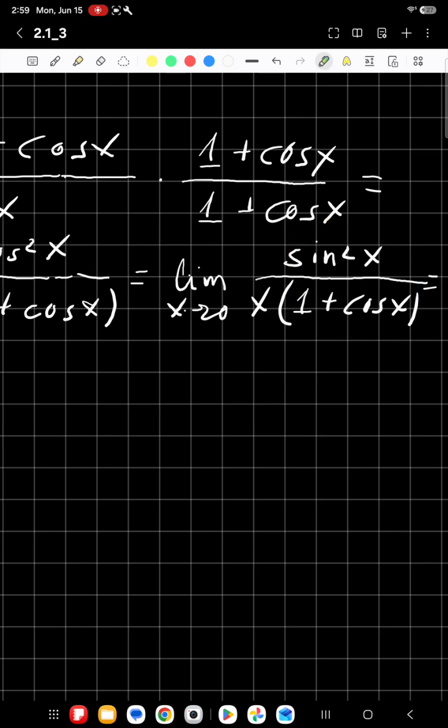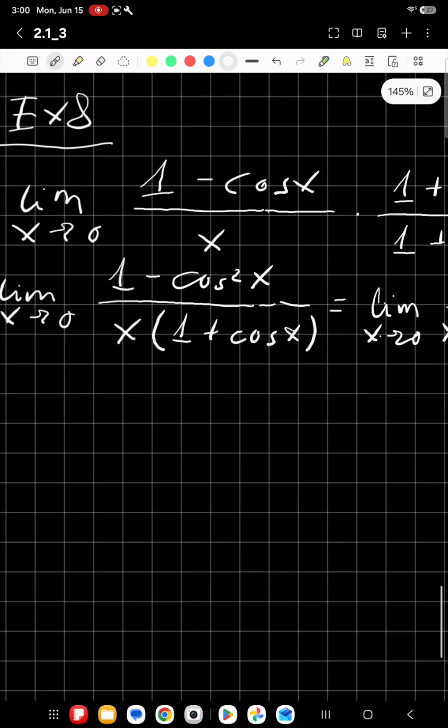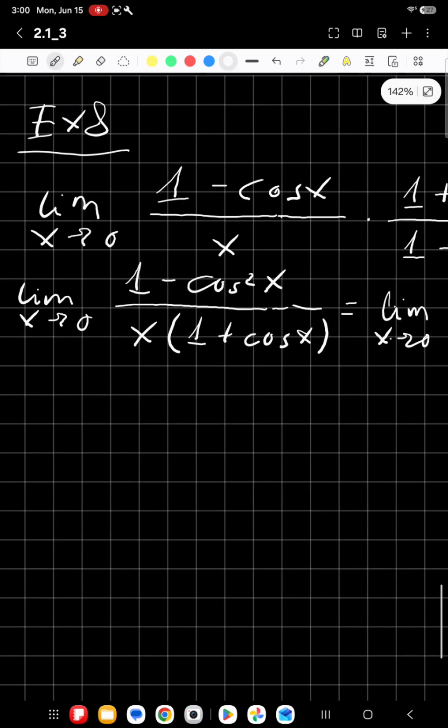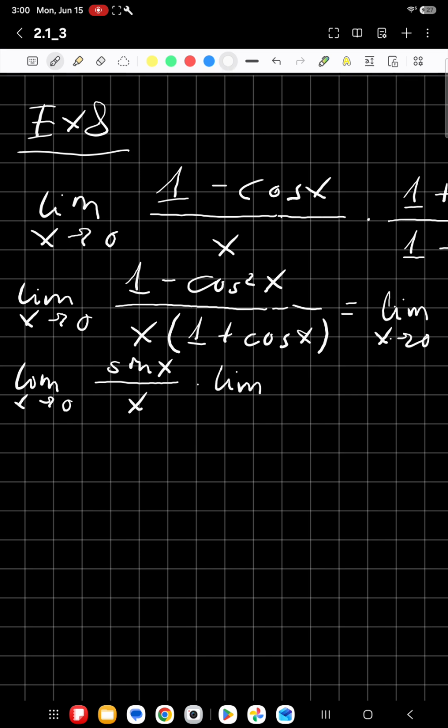I will separate it based on those properties that we saw a moment ago. So I'll have two limits, with x approaching 0. The first one is the limit of sine x over x, times